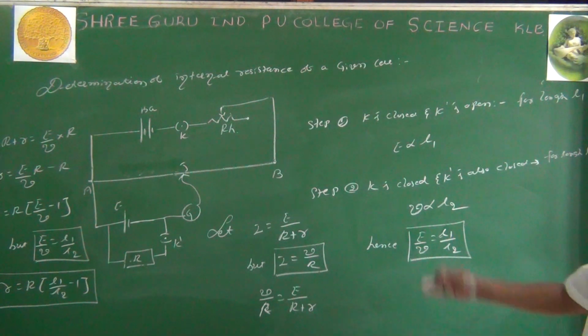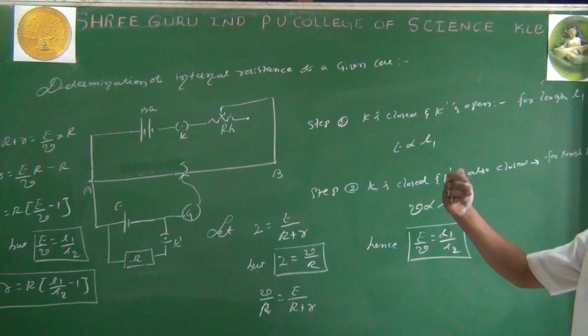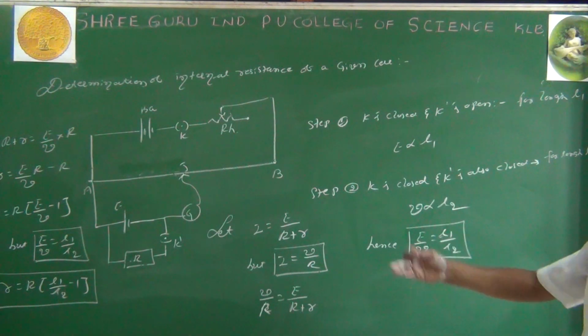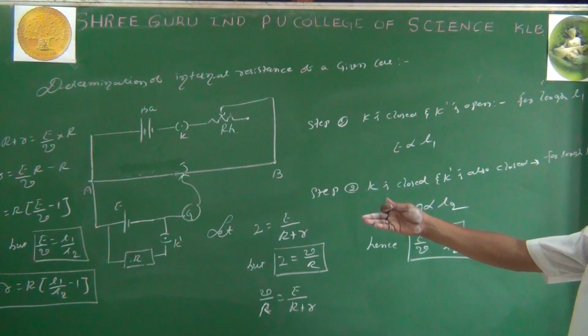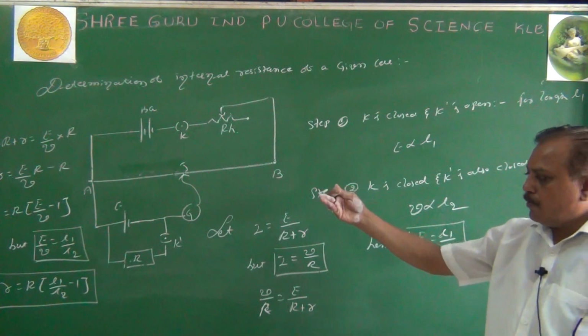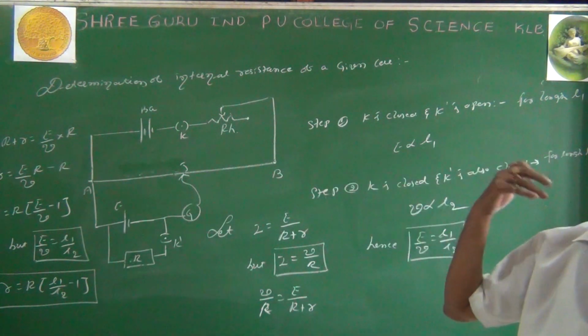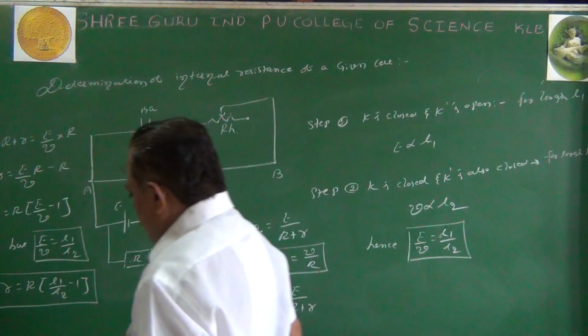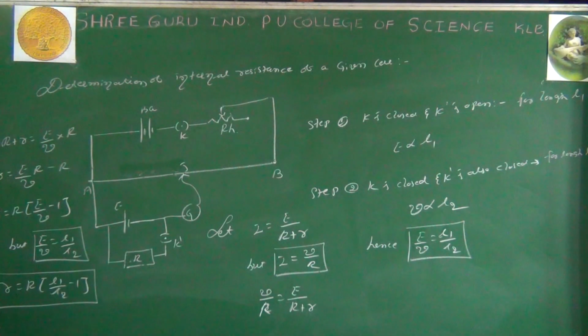Of course, we are doing this in the practical. While solving problems, we need the internal resistance of a cell. Then L1 and L2 are provided. If you know the equation, we can easily substitute the values of L1 and L2 and calculate r. Is it clear? Just glance at the equations. Everything will be made clear.